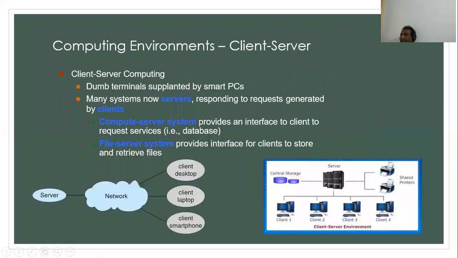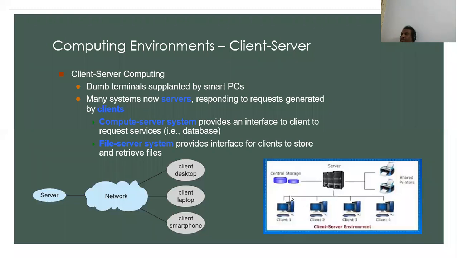Then the next category is what we call client server connection. Client server connection is almost the same as the time sharing environment, the only difference being that it is connected in the form of a client and server. In the previous example, all the computers are connected directly to a server, but here they are not directly connected.